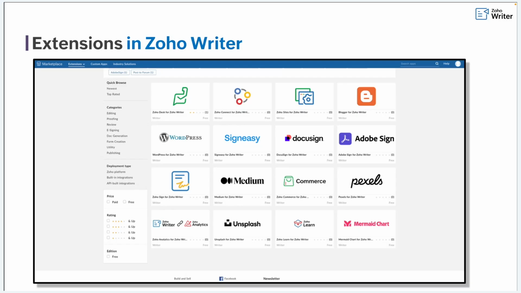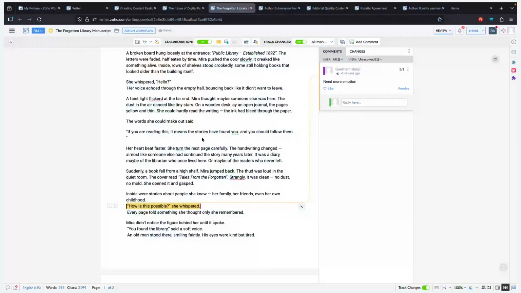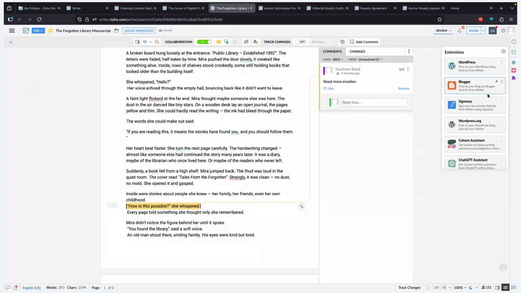In order to push these documents to those platforms, what you have to do is just get into the Writer, and on the right panel have extensions. Just click on it and you'll be able to find the extensions that you prefer. In WordPress, we have both WordPress Personal, that is used by individual users, and we also have WordPress Org, which is used by companies or organizations. So they can use according to their preference, and by just clicking and signing into this account, they'll be able